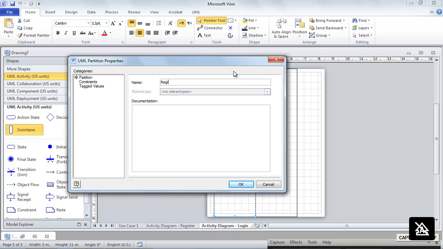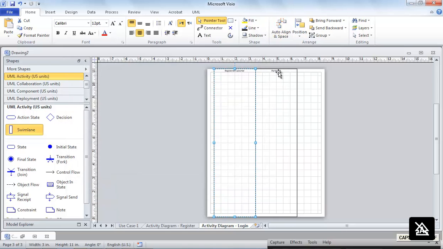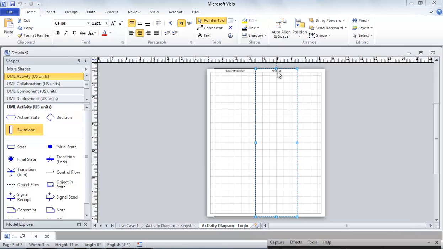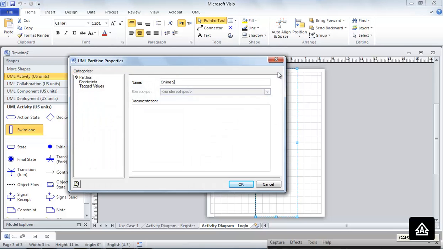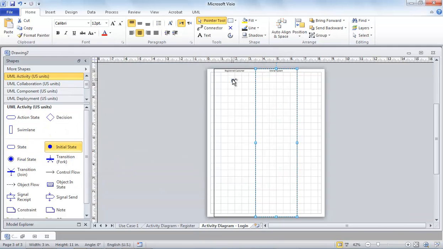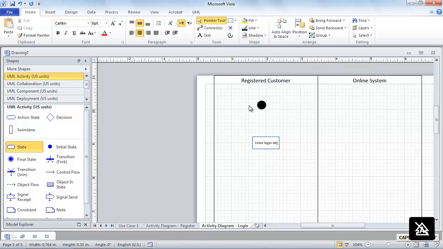It's always a registered customer who is logging in. If he's not registered, he cannot log in. Okay. And then I pick the initial state and this state, enter login details,